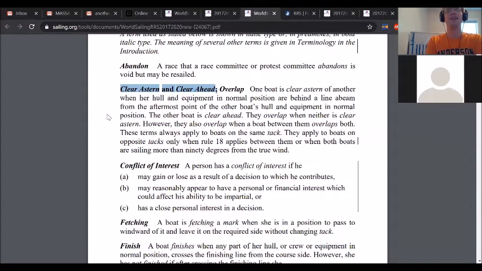Instead of the way I explained it yesterday, which was if the bow of one boat crosses the line off the stern of another boat, they're overlapped, it says if the bow of one boat is not crossing that line, the one boat is clear head and the other is clear astern. So they define it as if that condition is met, then we have a clear head boat and a clear astern. If that condition is not met, if there